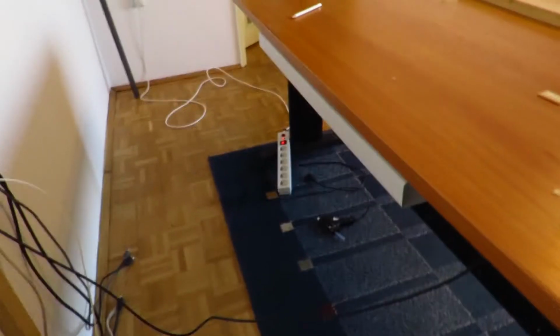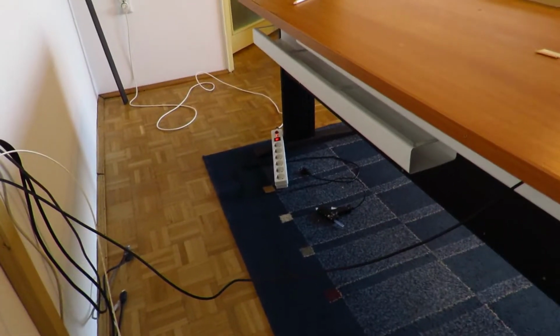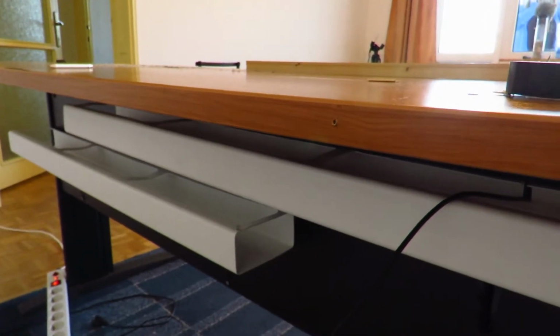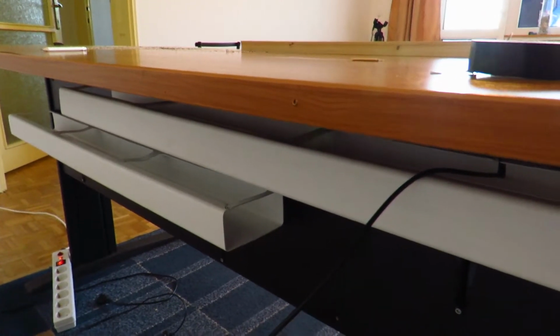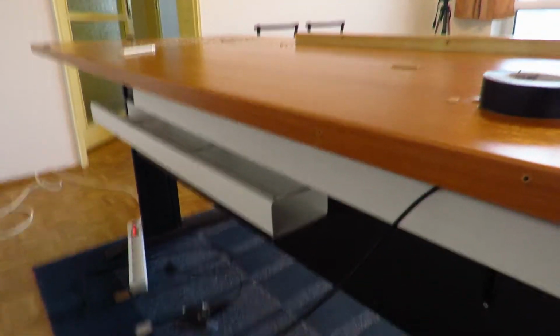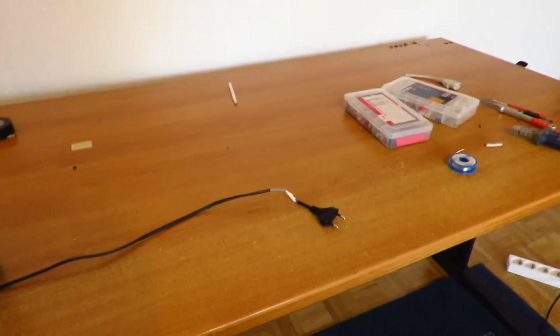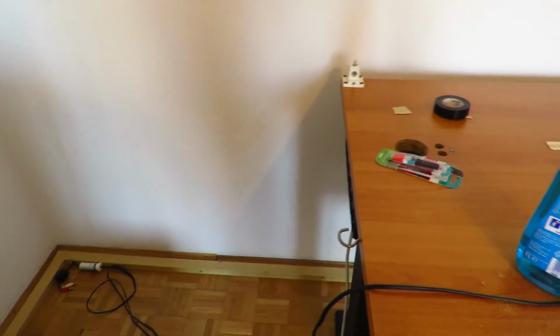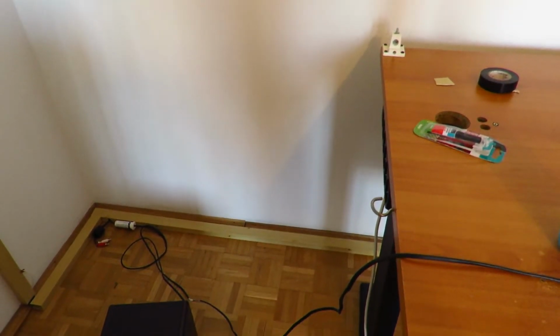Now what's left to do is set the desk back in position where it stays and put everything in these tubes and hopefully get wonderful desk cable management. And I ran into the first major problem, because that's always the thing when trying to run cables